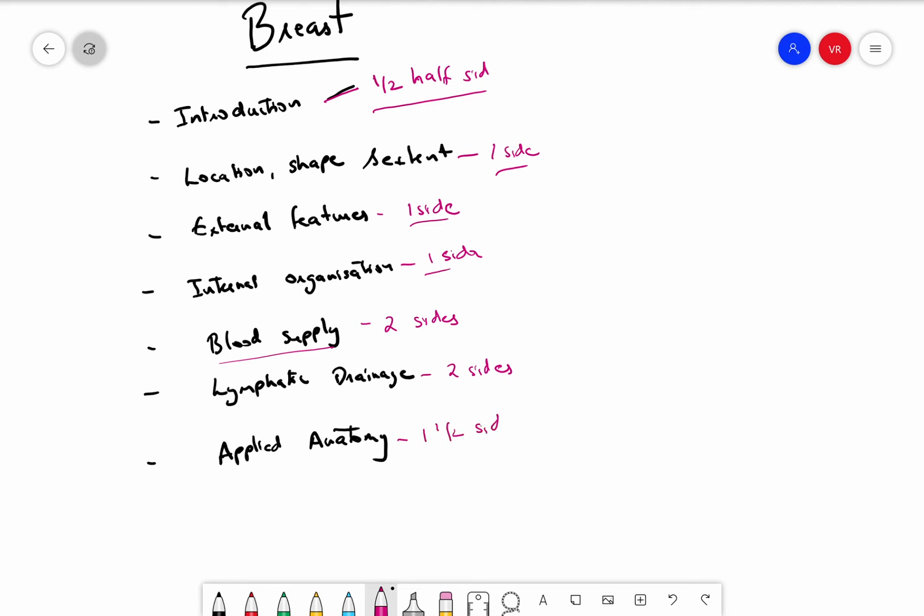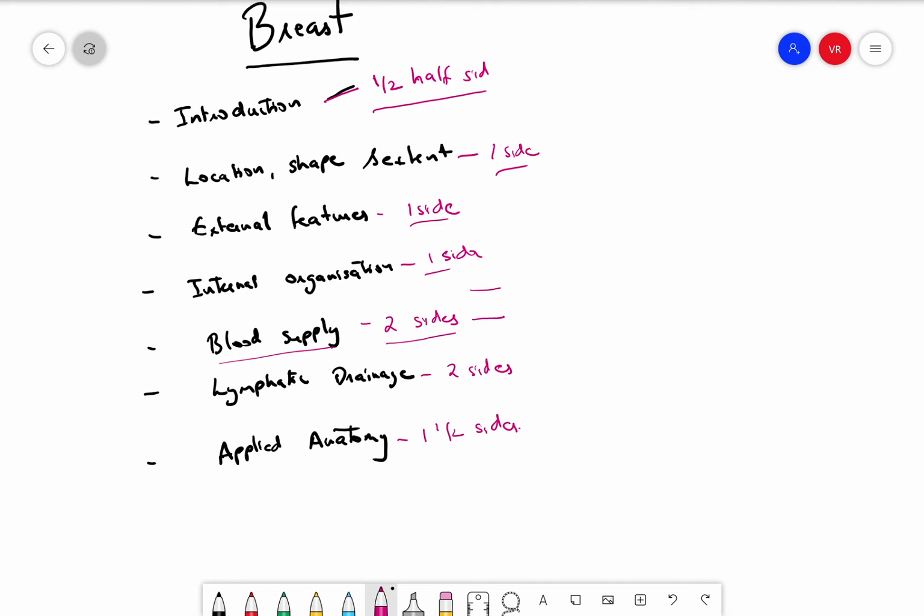So what I would be writing in the blood supply is, first I'll be writing the arterial supply and venous drainage, and I will put one diagram for each of these, and that will cover half of the page. On the other half of the page I will be writing some words to explain what the diagram is. So that's how I'll be filling pages.